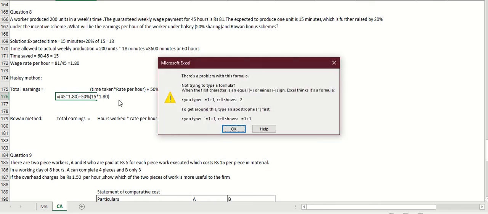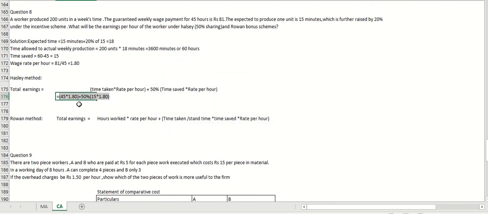So now we get our answer to be 45 into 1.80, which we get 81 rupees,